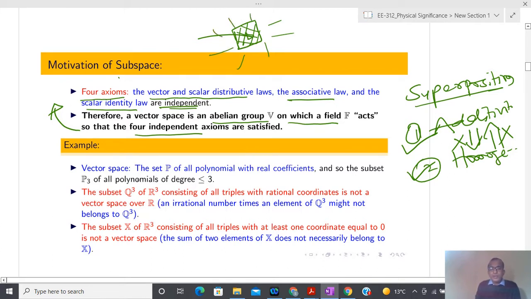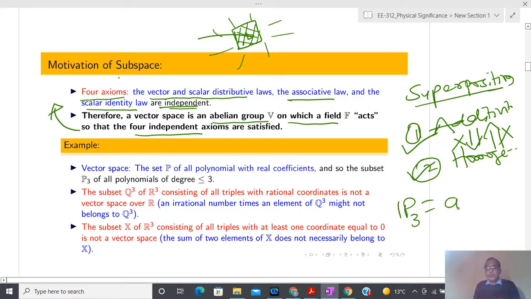Here you can see that the set P is the set of all polynomials with real coefficients. I am going to talk about the polynomials where the degree is less than or equal to 3, the subset P3. So P3 I am going to define as something like